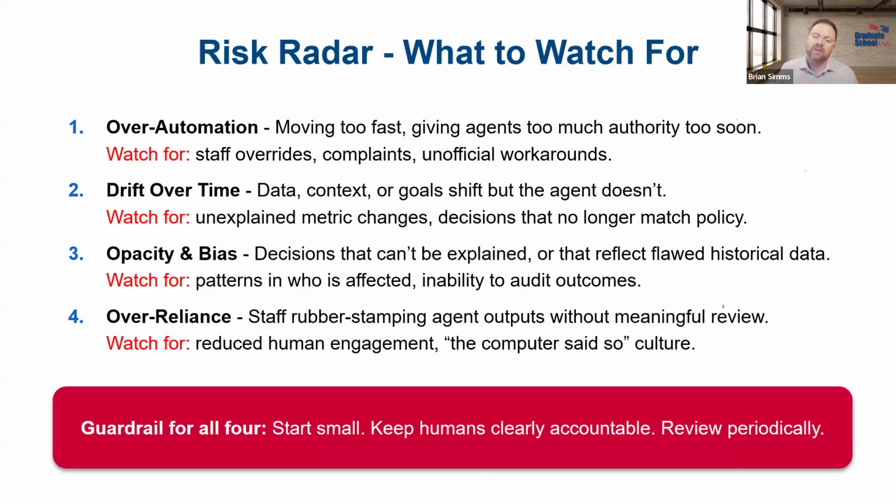So there's the big reveal: a guardrail that applies to all four of these. Hopefully you've noticed this as a theme in our agentic talk track so far. Start small, keep humans clearly accountable, and build in regular review points. Not because this is some tech out to get us and it can't be trusted, but because it needs governance, right? And the world changes, and we want the systems that we're building, these agents that we have deployed, to mature with it, right? Not without it.